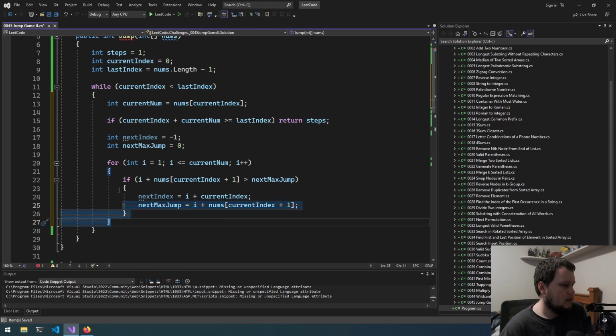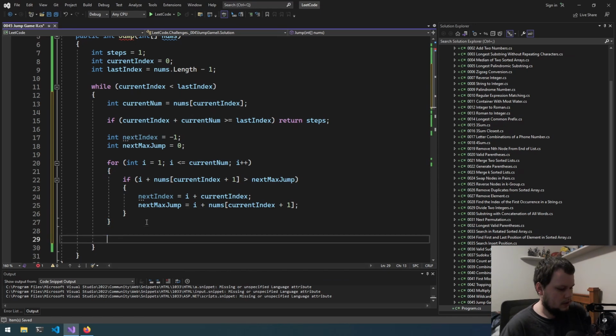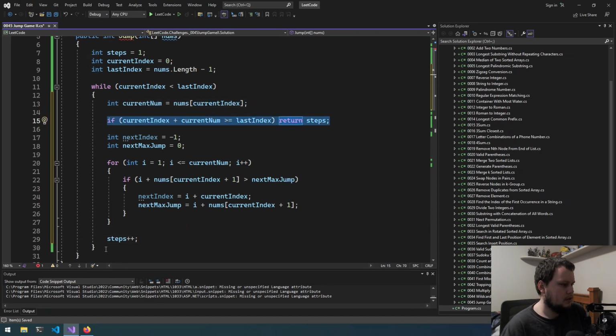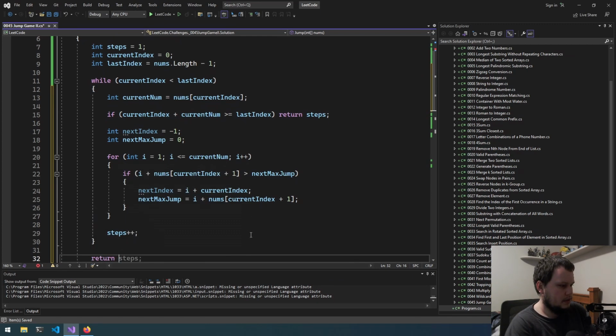And then when we're out of this loop, we'll have the next number that we'll be jumping to. So then we can do steps plus plus, then that will go up to here. Then if that number can jump to the end, then it will return. So let's put return steps down here,